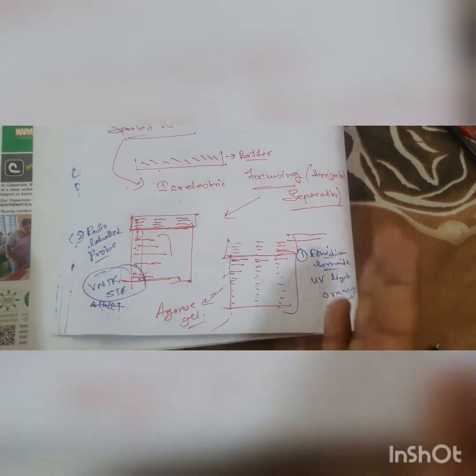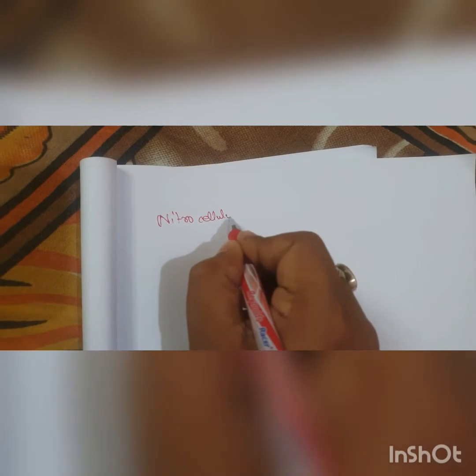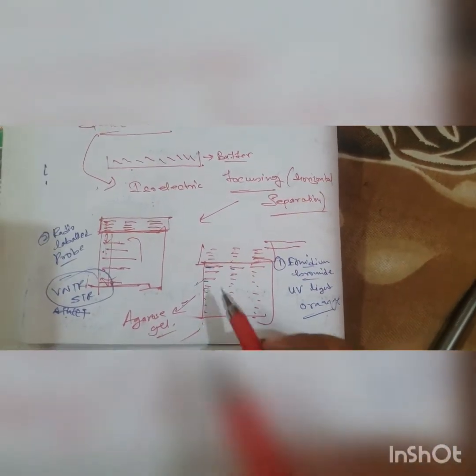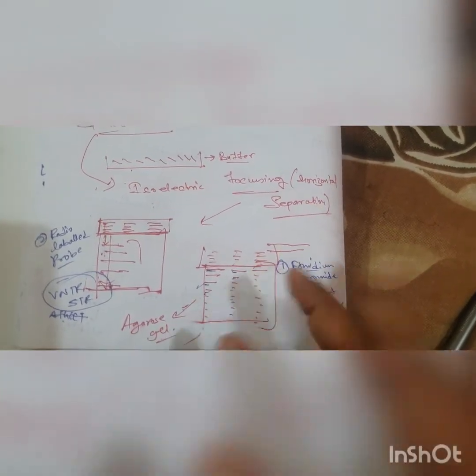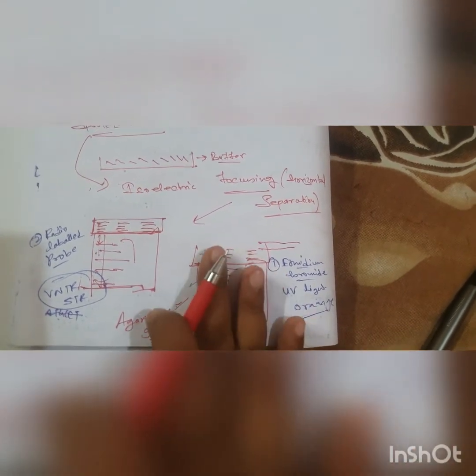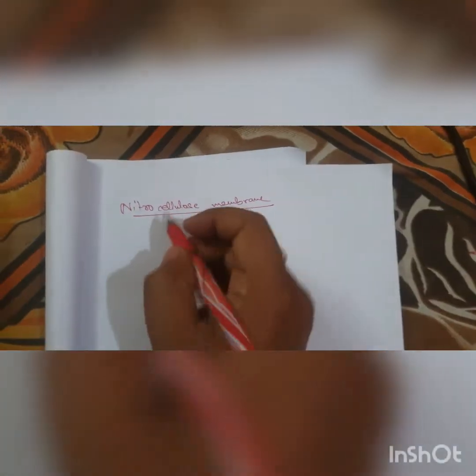So to permanently store it, you should store it in nitrocellulose membrane, a much more durable membrane in which these DNA fragments could be stored. Because the agarose gel becomes fragile and it breaks off. The gel doesn't stay. So you have to transfer this entire pattern, or the entire DNA, into a nitrocellulose membrane if you want to store it. How will you do so? Let us answer this in the next section.